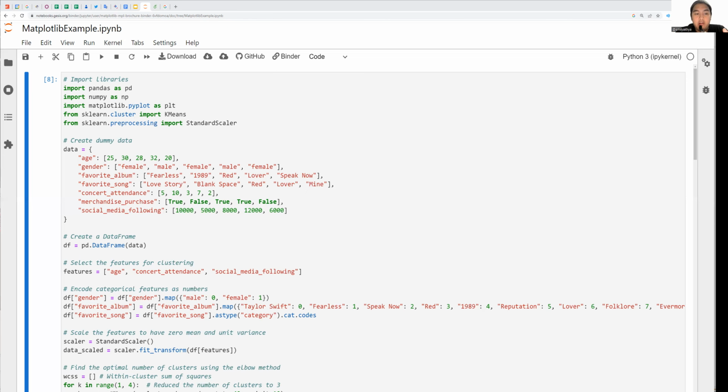Then here, the features that will be used for clustering analysis are selected. In this case, we are choosing some interesting features: the age, concert attendance, and the social media following. These features are relevant for understanding the preferences, behavior, demographics, and attributes of the Taylor Swift